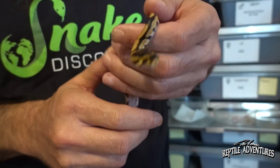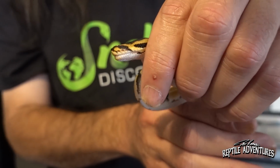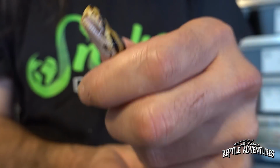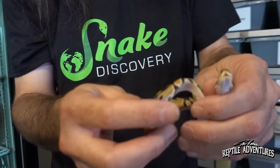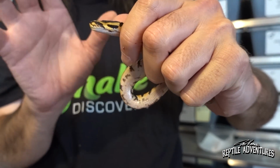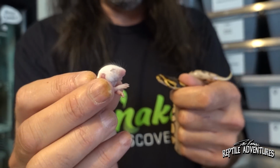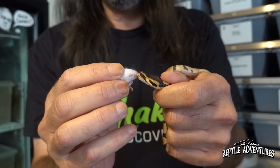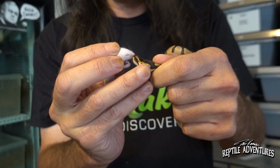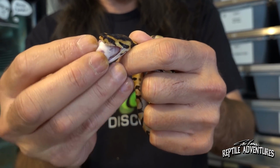Alright, so the snake is going to obviously protest this, but what you do is you grab them right behind the head. You're applying no pressure whatsoever, you're just holding the head. And then let her body coil in the rest of your hand. Once you have her body in the rest of your hand and her head secure, again, no pressure, you take a rodent of appropriate size, and then you take the nose of the rodent and gently get her to open her mouth, and she's going to resist, but you use that to open the mouth,